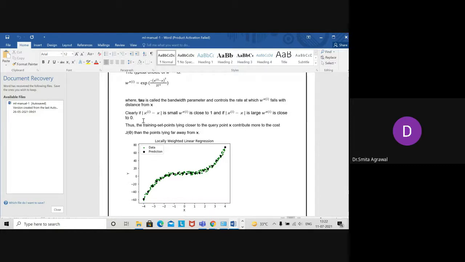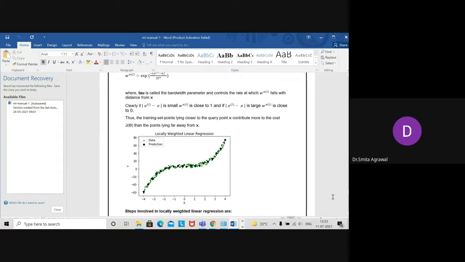Clearly, if mod of x(i) minus x is small, w(i) is close to 1, and if mod of x(i) minus x is large, w(i) is close to 0. So the training data points lying closer to the query point x contribute more to the cost function J(theta) than the other points lying far away from x.